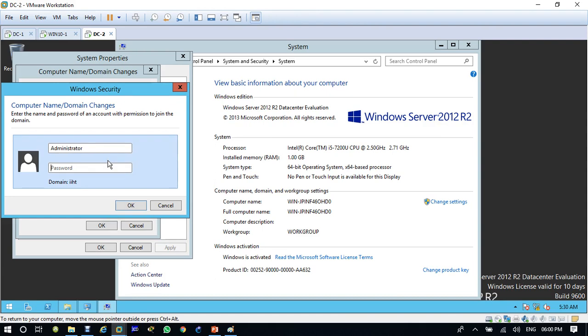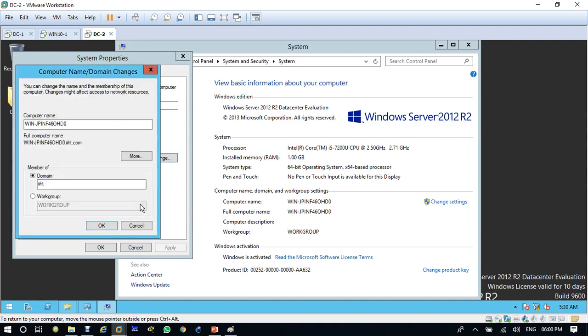The password is 123 at ist1, because I changed it before when I logged in on the server.